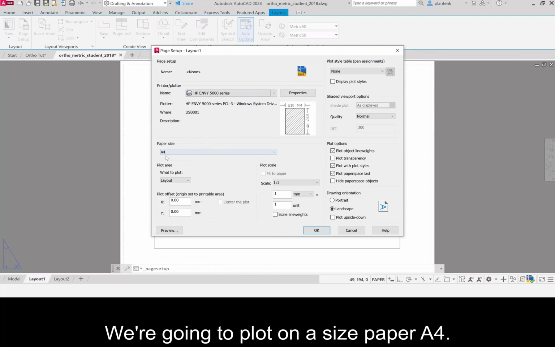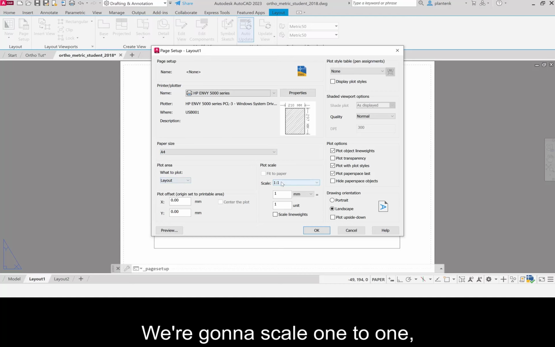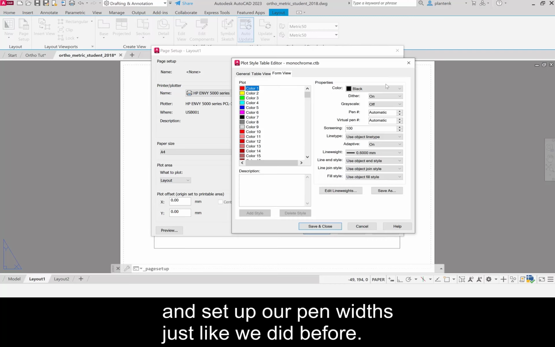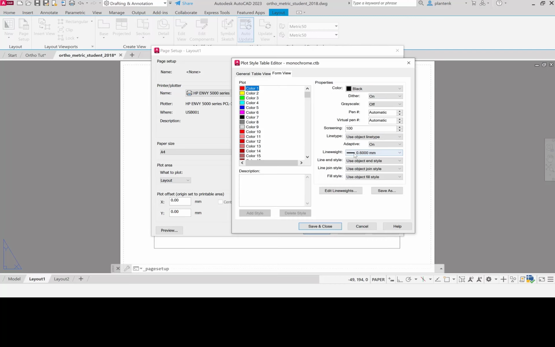We're going to plot on a size paper A4. We're going to plot the layout. We're going to scale 1 to 1. Landscape, and we're going to plot monochrome